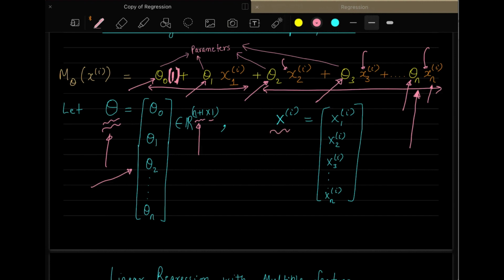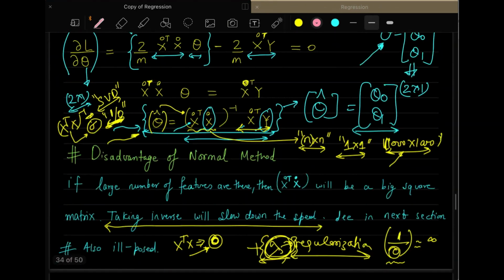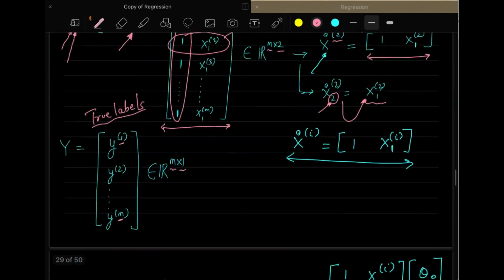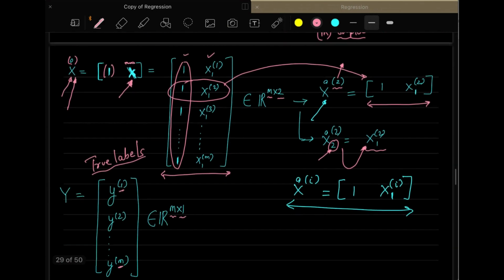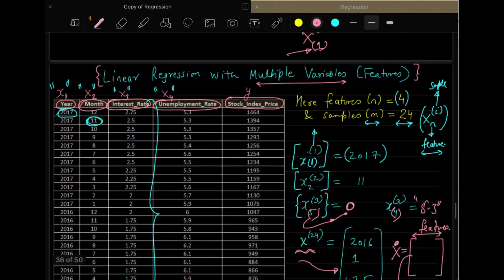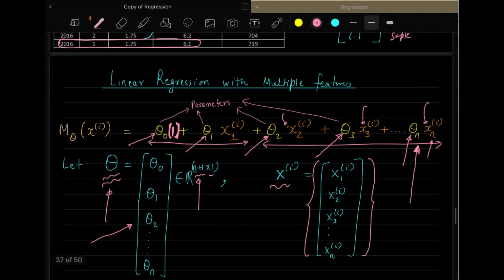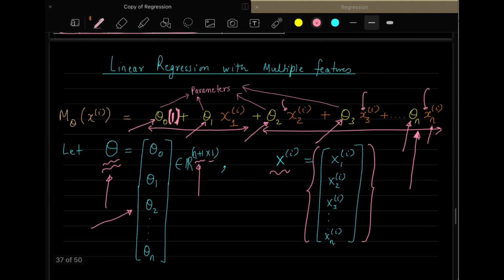What about this capital Xi? This capital Xi we have already discussed. It will be like this here. So this capital Xi is given like this. This is same as the one which we discussed here. If you go back and correlate it with this particular setting which we were doing for single variables, then it's exactly similar to that. So this is the thing.